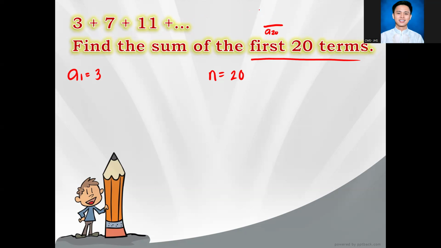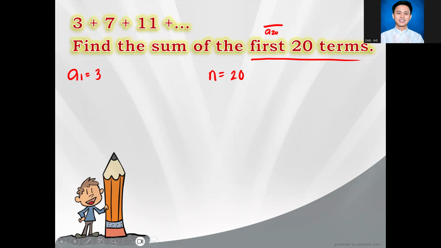That could be, but it will take time, right? What if we are adding the sum of the first 100 terms? Do you still need to do skip counting? So in this case, again, we know that the first term is A sub 1, 3. We are adding 20 terms. We cannot make use directly of the first formula, right? Because in the first formula, we need n, A sub 1, and the last term. So why not make use of the second formula?